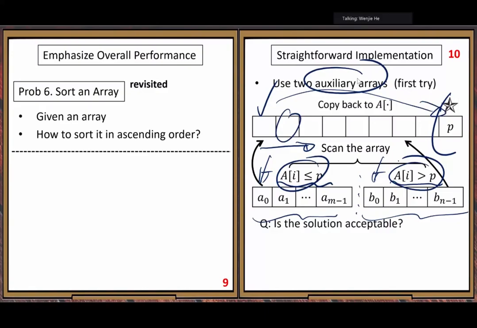Then we need to consider, is this solution acceptable? Is this solution good enough? So our next round, we want to improve it.